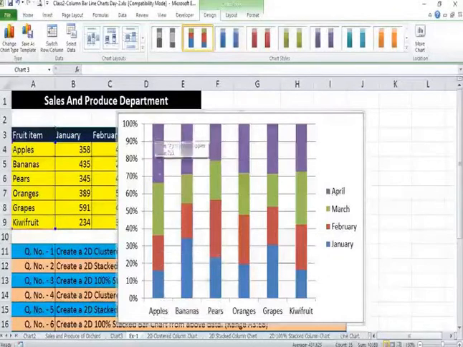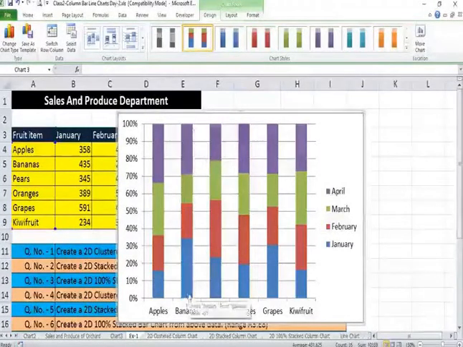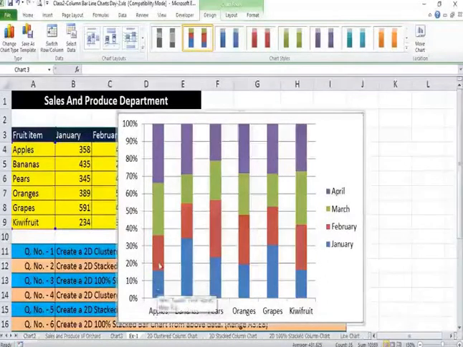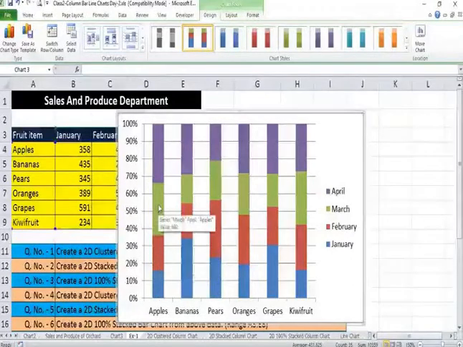So, taking the percentage value, all the columns will sum up to be 100%. That is why all the columns are of equal length. So, the percentage contribution of each column is taken here. Percentage contribution for January, for February, for March and April.